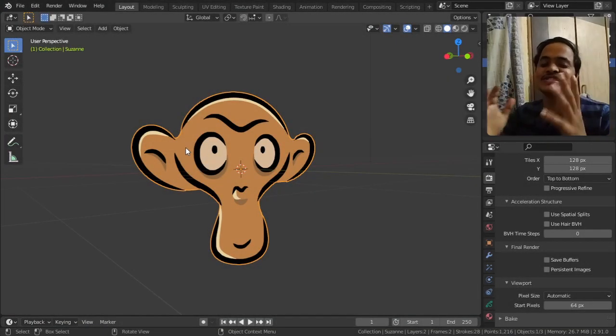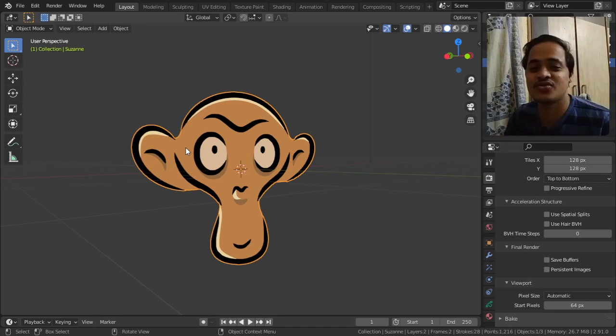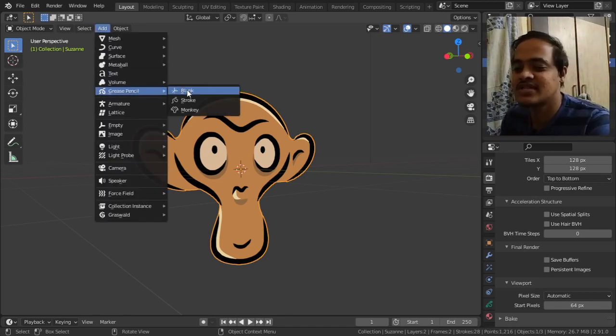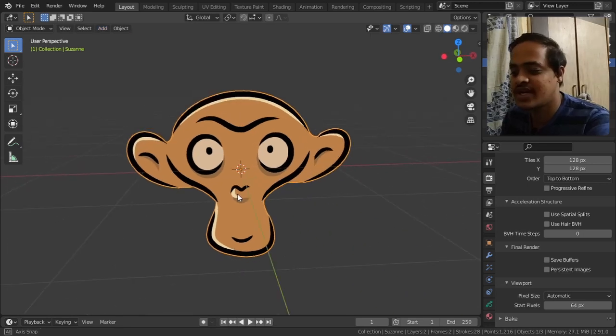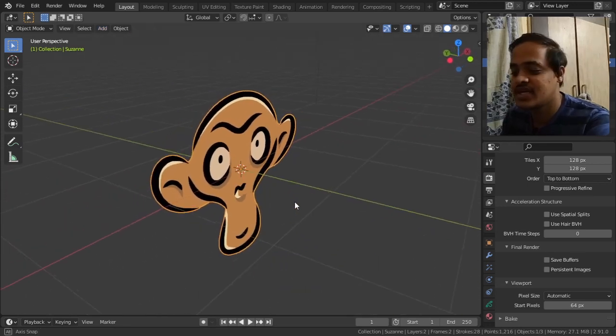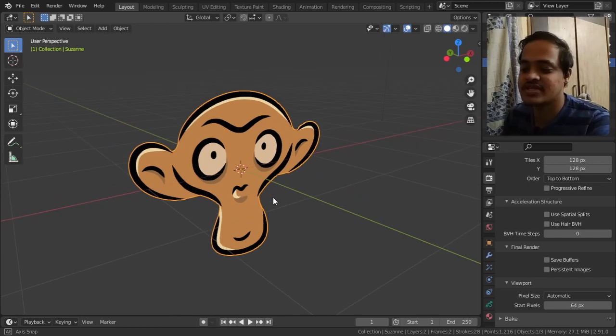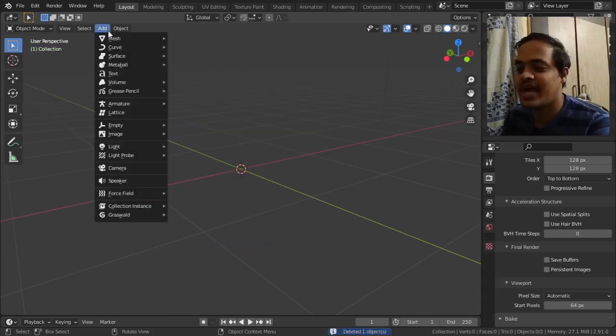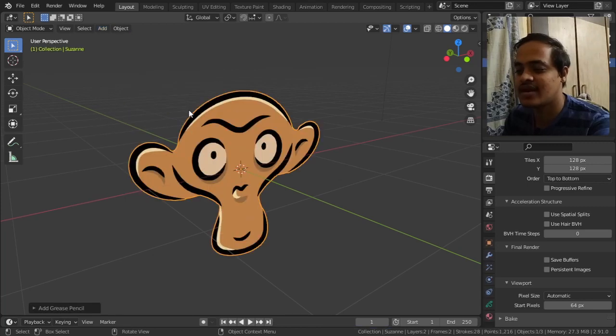Well, let us see what is the next best thing that Blender developers have to offer us. The next best thing is going to be adding grease pencil and monkey. Currently I have got a monkey here, and this is a grease pencil object. What you can do is go to Add, go to Mesh, go to Grease Pencil and click on Monkey, and